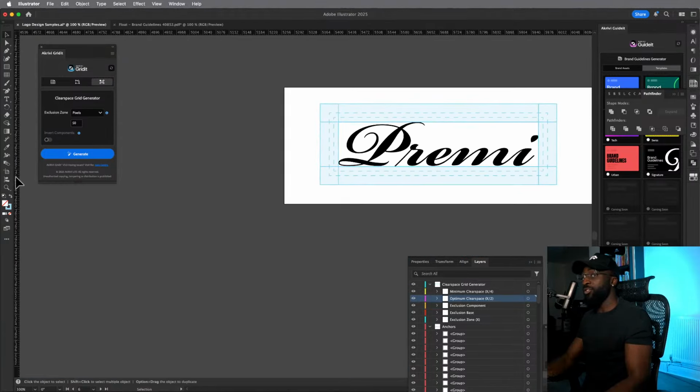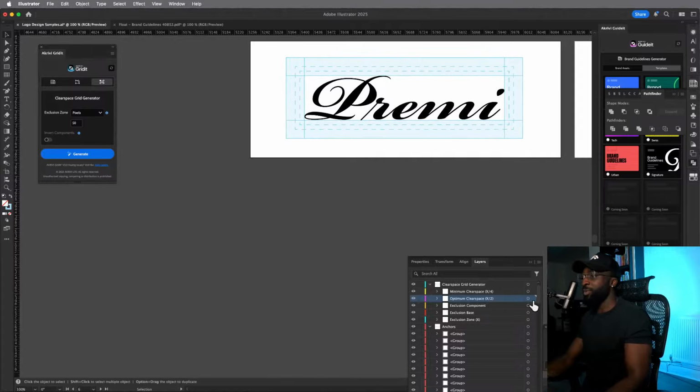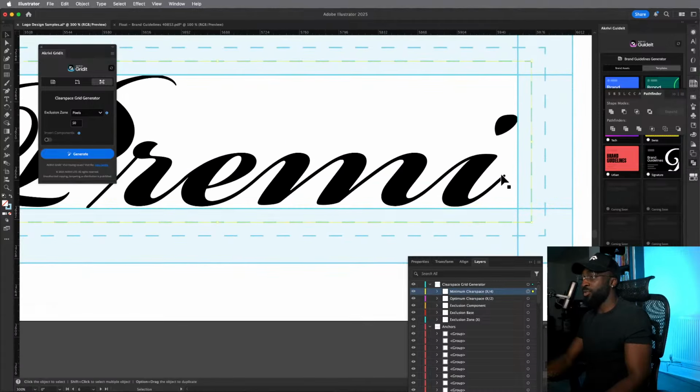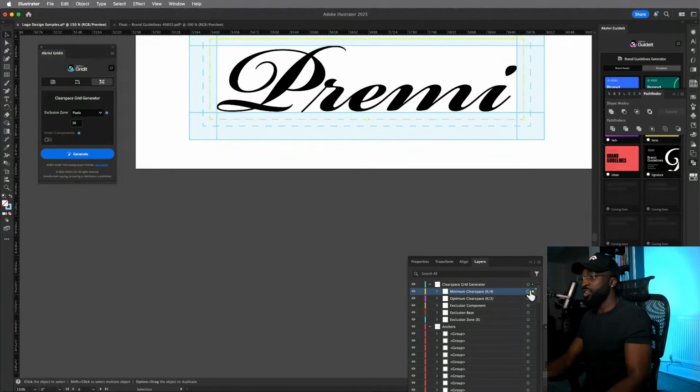So if we wanted the x divided by 4, I think x divided by 4 is the best. I think for the majority of logos x divided by 4 is the best, but I've done the clear space for everything just in case you wanted it. So you can target the clear space you want, and then you can target the